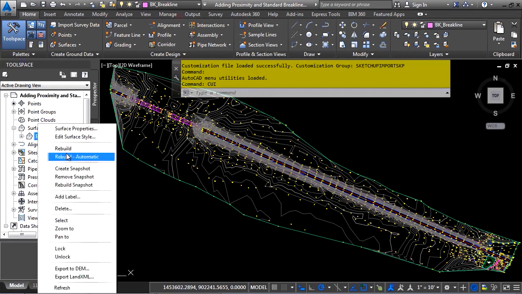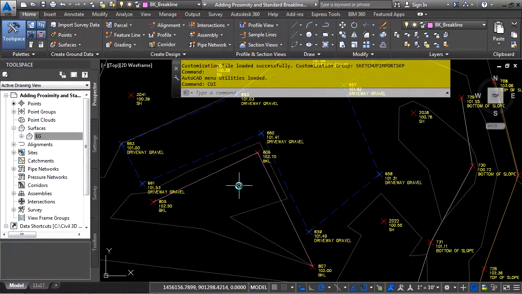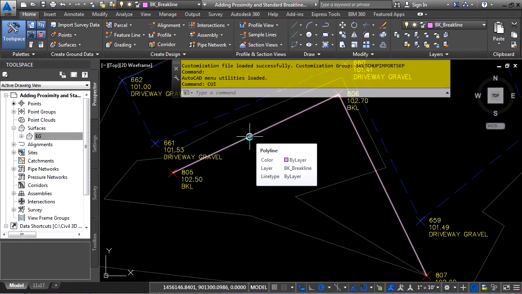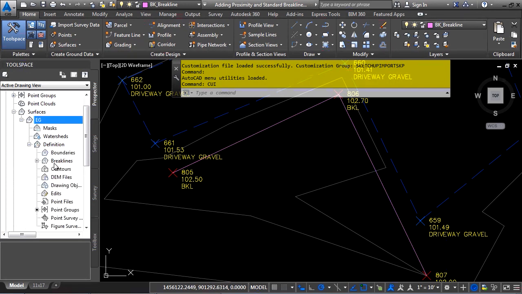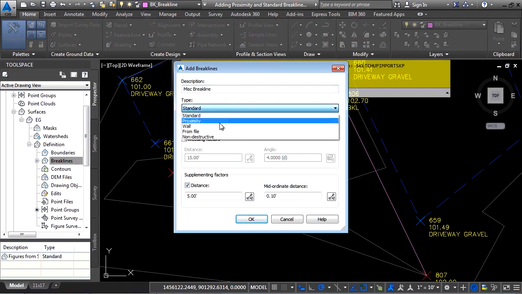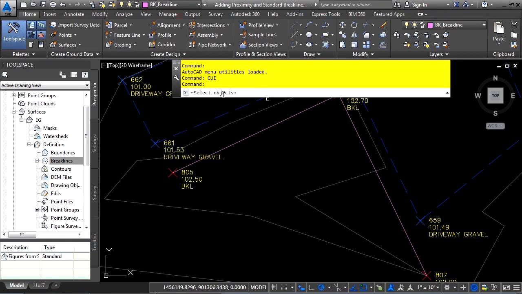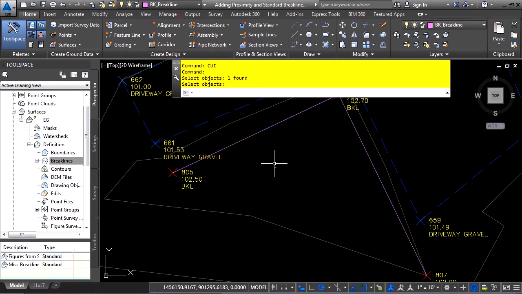Now let's go ahead and zoom in to the bottom right part of our surface, and let's go ahead and bring in this break line that is a polyline. If I hover over this, you'll see it's just a polyline. We'll expand EG, expand definition, right-click on break line and choose Add. We'll call this one Miscellaneous Break Line, change our type to Proximity, and we'll just go ahead and click OK. When prompted to select the objects, go ahead and pick this object here, press Enter, and notice how the tin